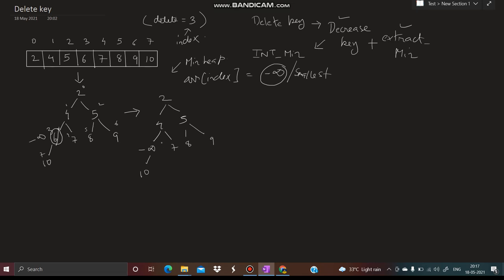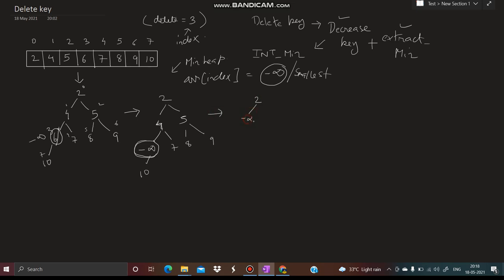Therefore, we need to restore this min heap property. I can compare this with the parent. The parent of minus infinity is 4. If the parent value is greater than the child value, in the case of min heap, I need to swap. So I'll be swapping 4 with minus infinity.